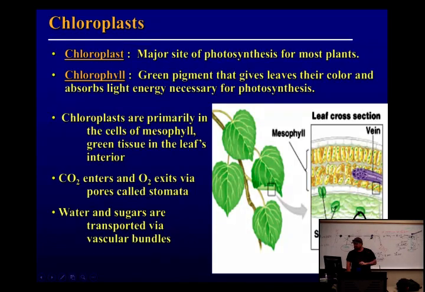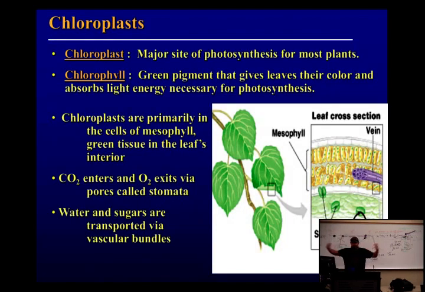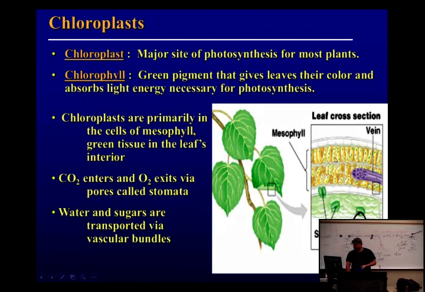Plants have stomata. You guys only have like 3 ways to get air in, your 2 nostrils and a mouth, but plants have literally thousands of nostril mouths, whatever you want to call them. So they can do gas exchange pretty easily and a lot better than you can. They transport things through what we call veins. You don't really need to know that. Let's just focus on the cells, right?